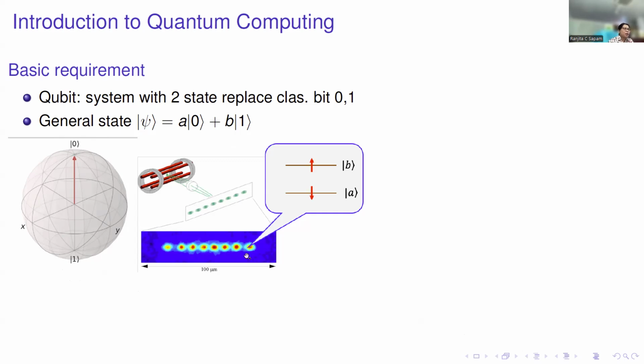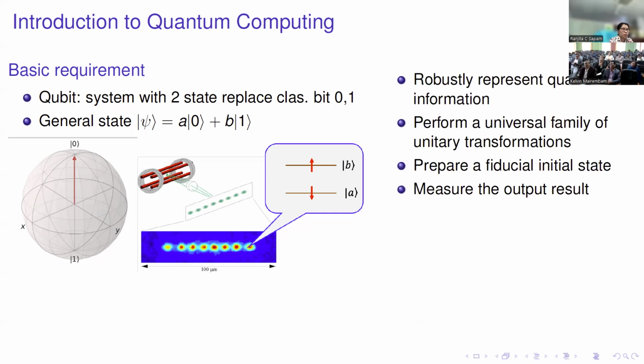As I discussed earlier, an ion trap in harmonic potentials can act as a qubit. But how will it act as a qubit? We will use the ground state and the excited state of a particular transition. We will choose the transitions according to our requirements, and there are many properties we have to look at in these transitions that I will explain in the later slides. So we will implement the qubit using this kind of transition.